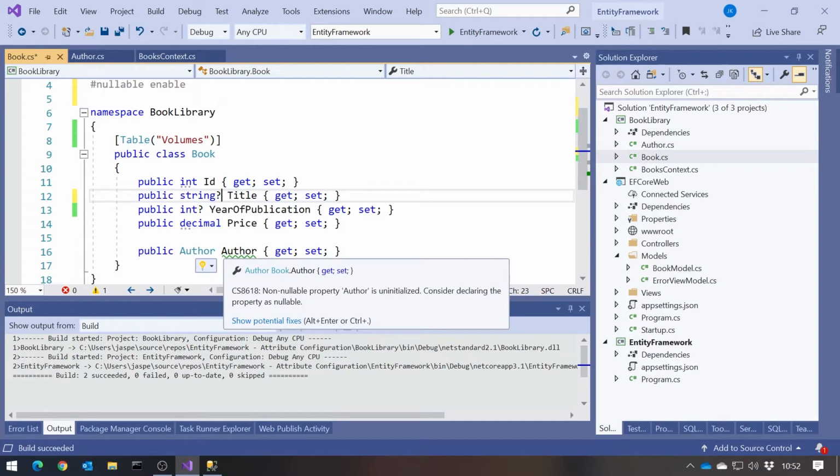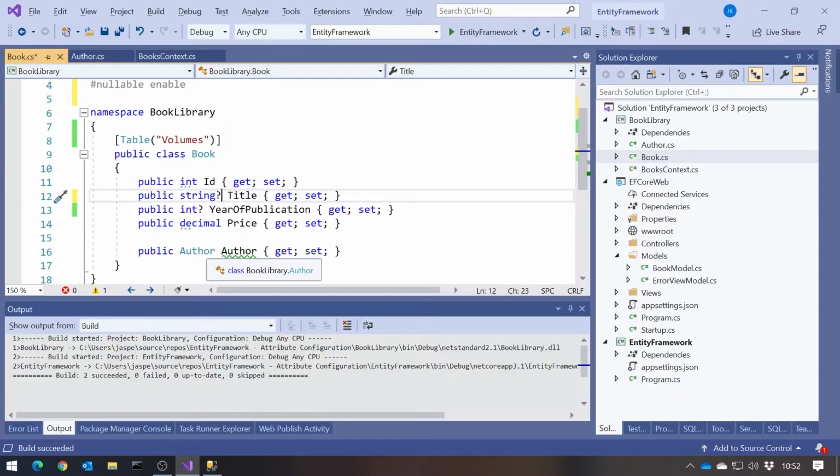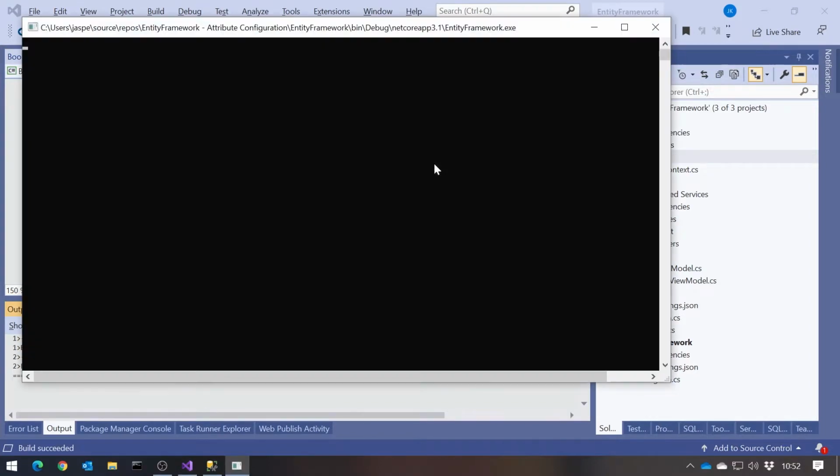Also, it applies on navigation. So you'll notice that our author, if we look over here, you can see our author is nullable. So what that is saying is that a book may or may not have an author. Whereas if we leave that as a non-nullable reference, in which case we've got to do a bit of a cheat there, put our null forgiving operator on there, and then run that.